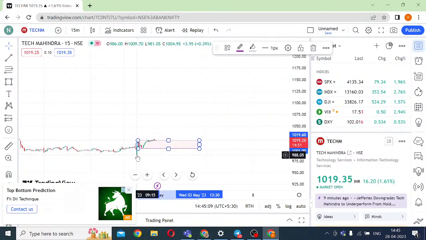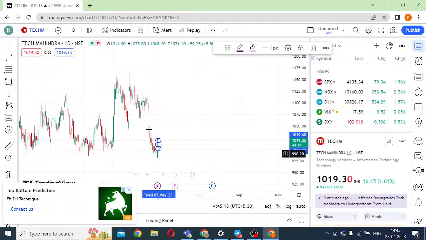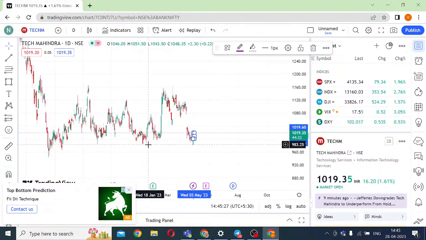I think this is a reaction to trap people after the news. The stock is clearly in a bearish mode. If you actually see this one, there is a runaway gap here. The stock has been consolidating at the bottom levels. I was hoping that once this closing candle, if it opens flat, you would get these targets. The targets have been met, but the trade never got executed there.